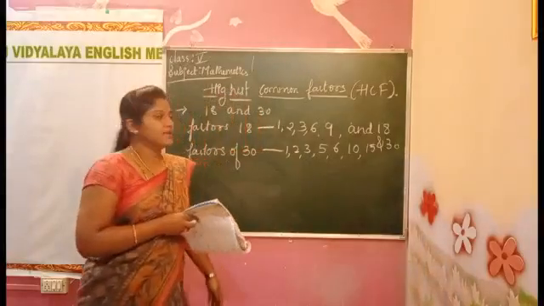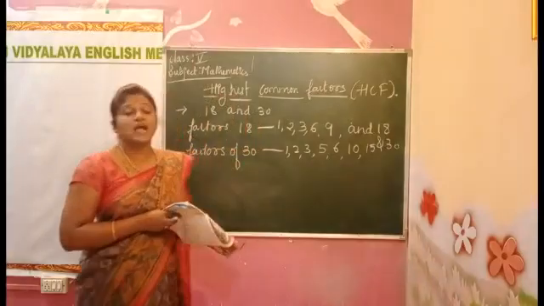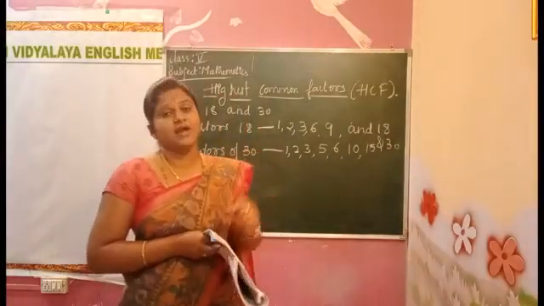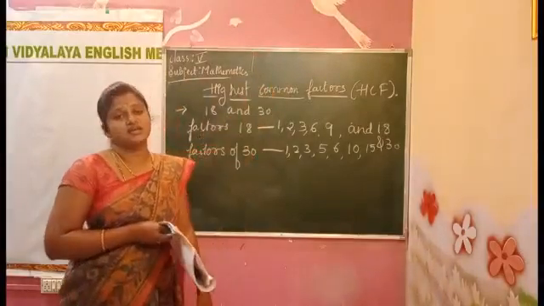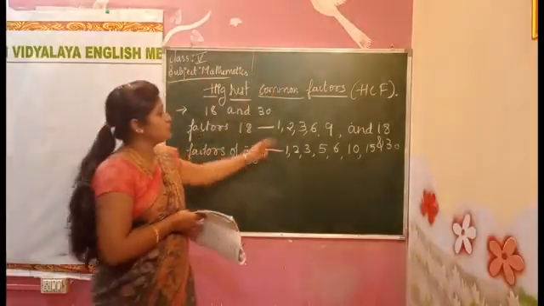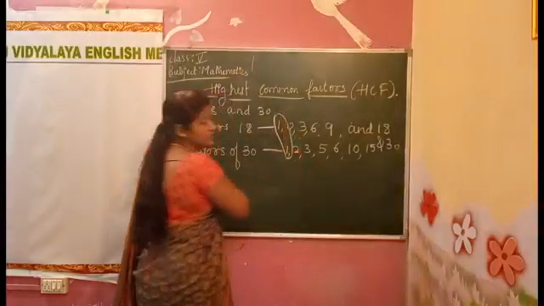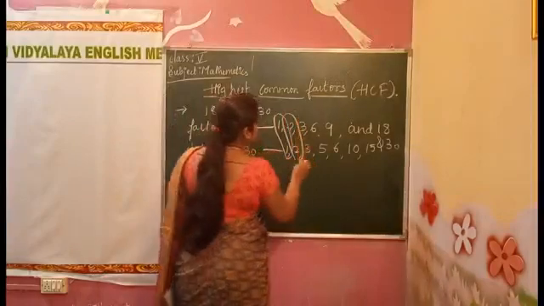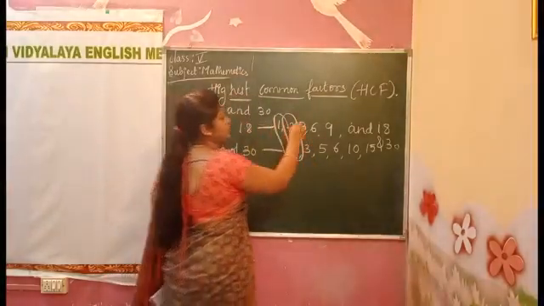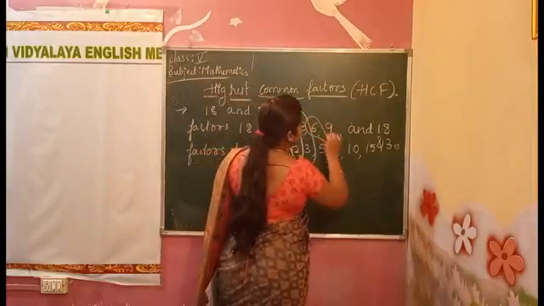Okay, we studied that. Now after getting the factors of both the numbers, we have to see which is the common factor, because the name itself says highest common factor. So in these two, which are the common numbers? 1 is common because it's here also and here also. 2 is there here also and there also. 3 is there. Yes. After that 6 is there.